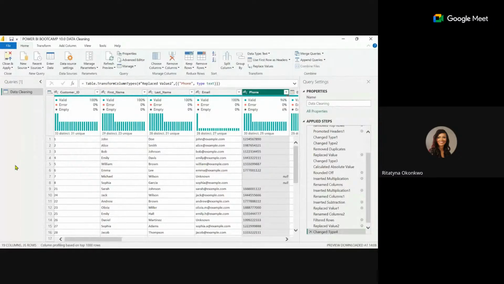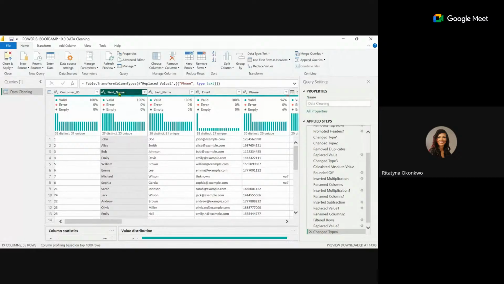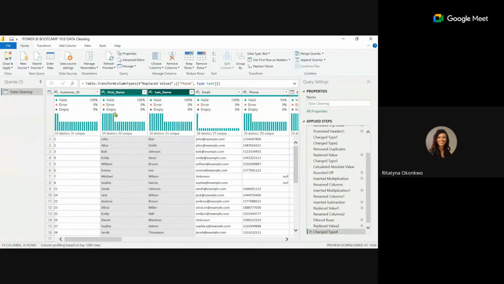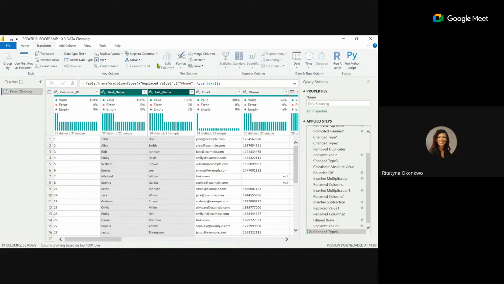How do I do that in Power BI? Now, to be able to combine two columns or to merge two columns, what you need to do is select the first column and select the second column. Now, something I'm going to do, because I want to add a new column: I don't want these two columns deleted, because if I go to my transform tab and I just do merge, it's going to delete first name and last name and just give me a full name column. But I don't want that. I still want to keep my first name and last name column. What I want is a new column that merges